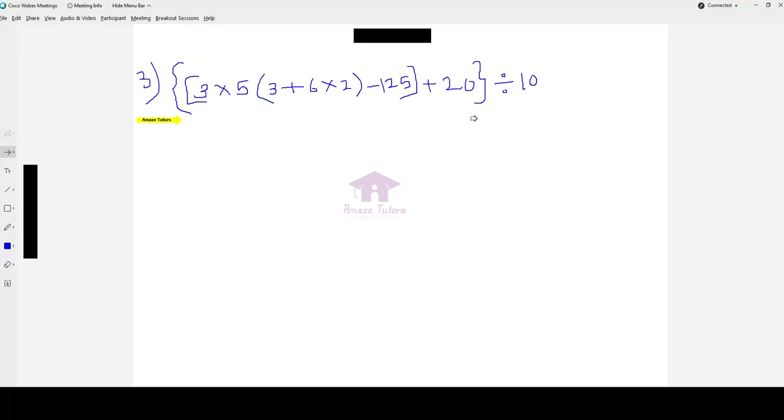So here, this is the outermost bracket, and this comes next. Let me name them. This is the innermost, 1, 2, 3. The pair. So we have to do the innermost first. So here, addition and multiplication. Let me write the rule, I mean the rule BODMAS.